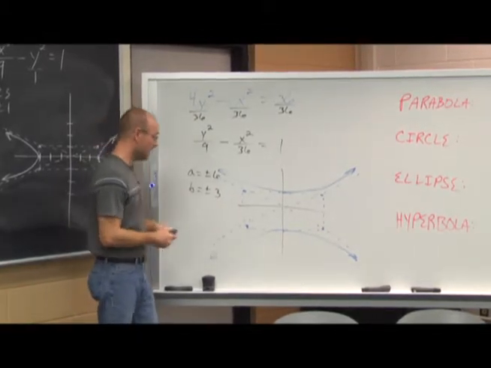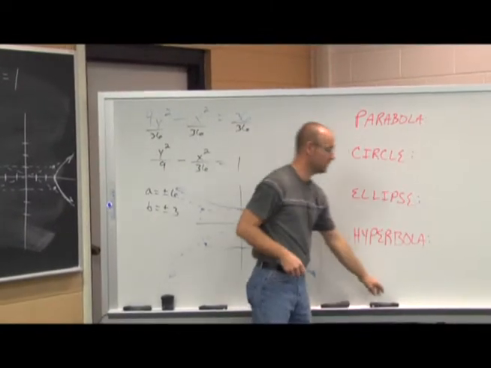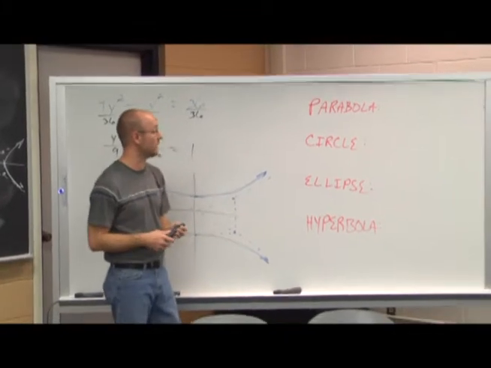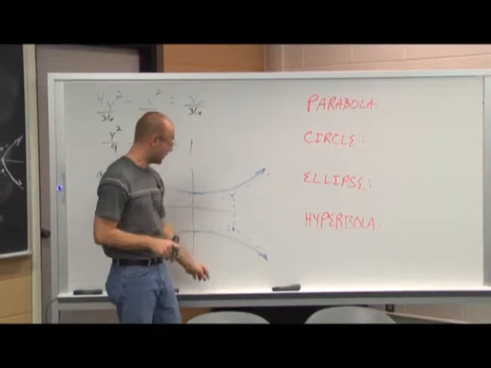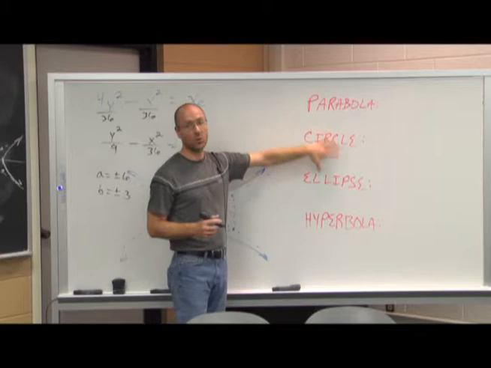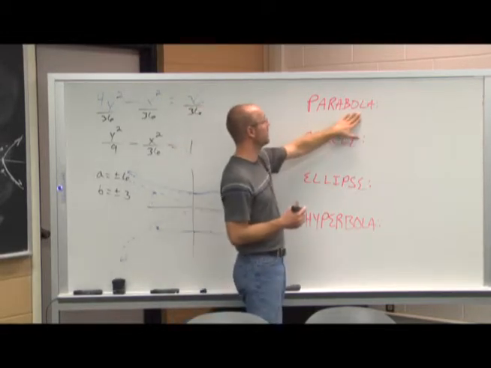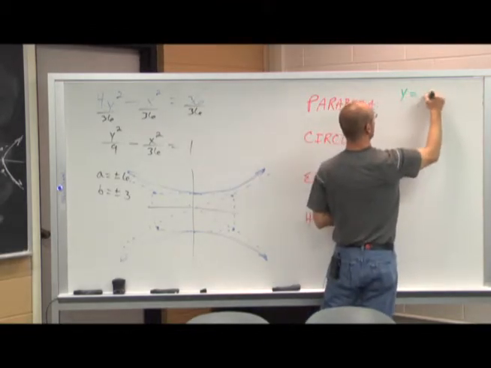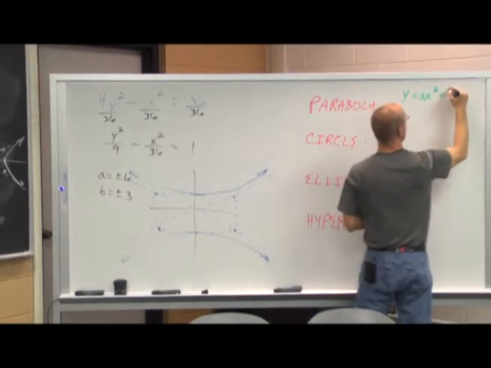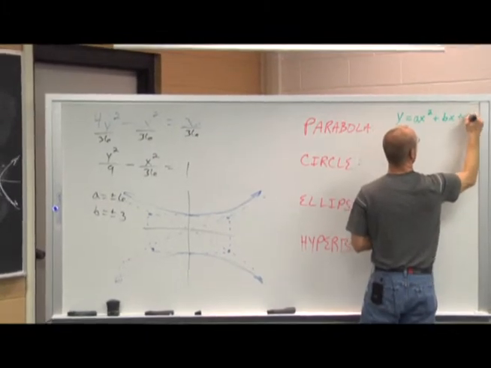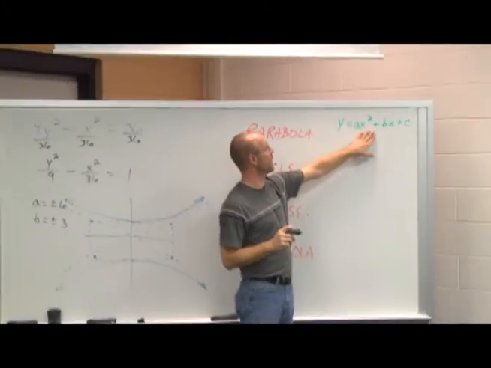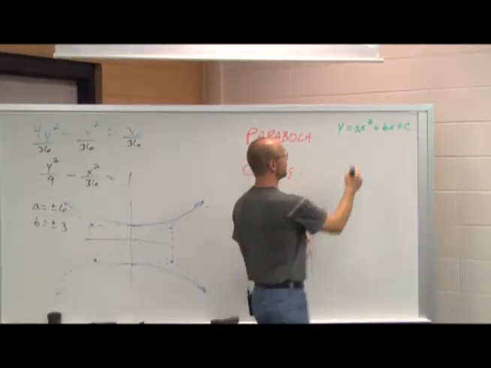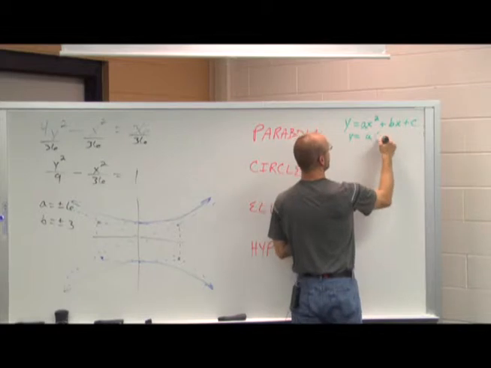All right, so let's do a little assessment of what we've covered so far in sections 9.1, 9.2, 9.3, and 9.4. What we're going to look at here is our equations. What have we seen so far? Well, when it comes to parabolas, we can have 2 types of parabolas. We can have a parabola as a quadratic. This is a parabola that either opens up or down, depending on what a is. And we could write this in another form. If we complete the square, we're going to get